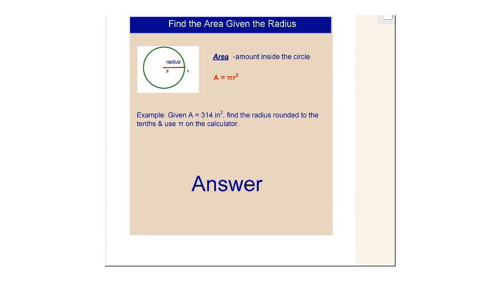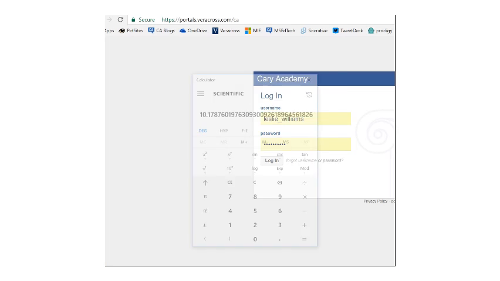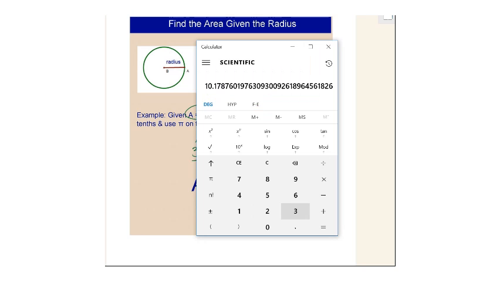On the next page, you're given the area instead of the radius, and you're asked to find the radius. So as always, with any formula, we write our formula out, and then we substitute what we know. In this case, we know what the area is, so we substitute 314 in the place of A and solve. Our goal is to get r by itself, so we're going to get rid of that pi by dividing both sides by pi. That leaves us with r squared on the right, and we need to divide 314 by pi on the left. So 314 divided by pi